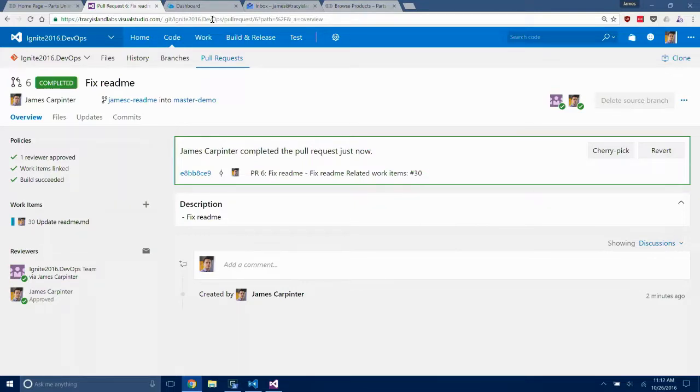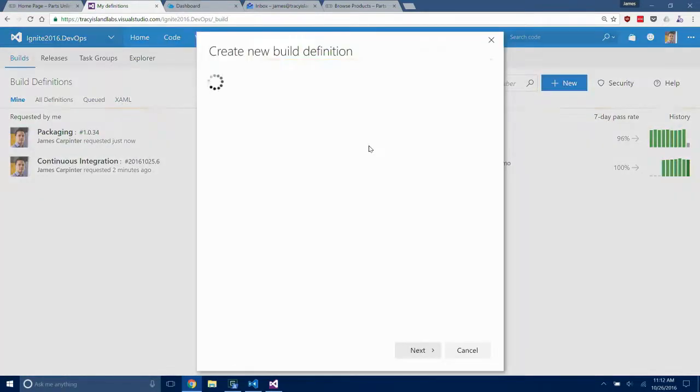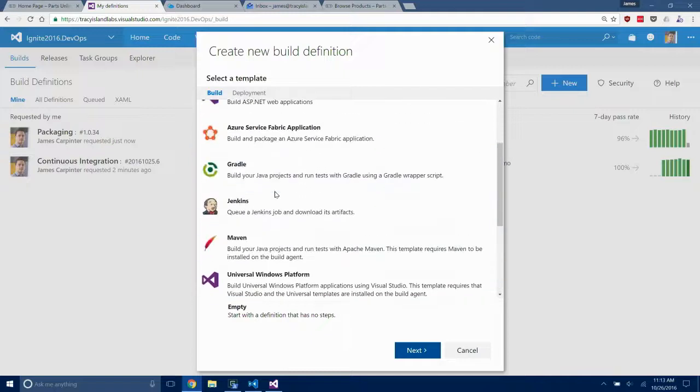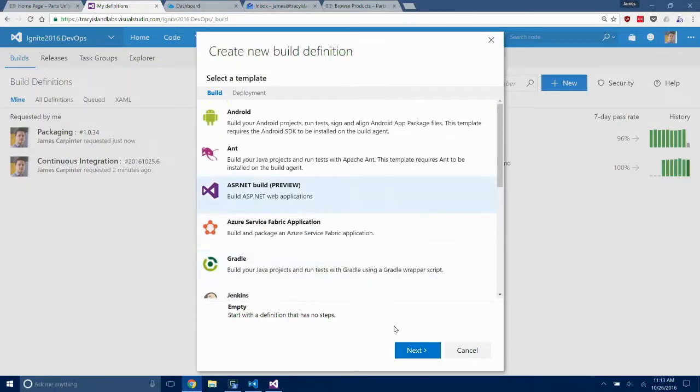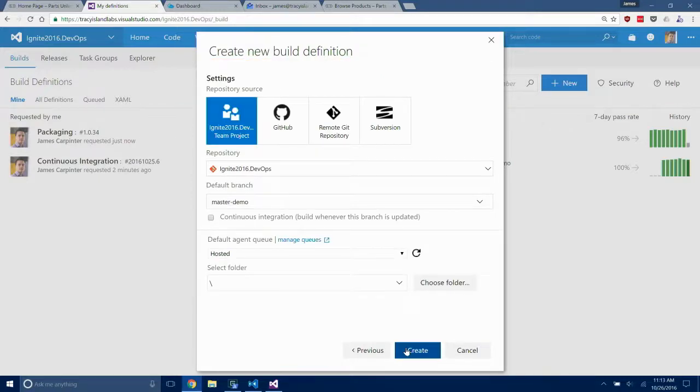The other part here is, of course, the build engine. When we create new build definitions, they've got a whole bunch of great templates, very easy to get started. So I can, for example, do one that's to package an ASP.NET application up. It's not restricted to source control providers like VSTS. You can actually use other source repositories as well